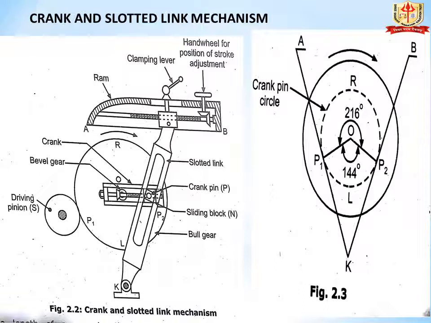In crank and slotted mechanism, cutting speed and return speed is not constant throughout the stroke. Speed is minimum when the rocker arm is at the two extremes and the speed is maximum when the rocker arm is vertical. The stroke length of ram is the distance ram moves forward or backward. That depends upon the distance between the center of the bull gear and the center of the sliding block. The stroke length of ram can be adjusted and positioned according to the length of the work.